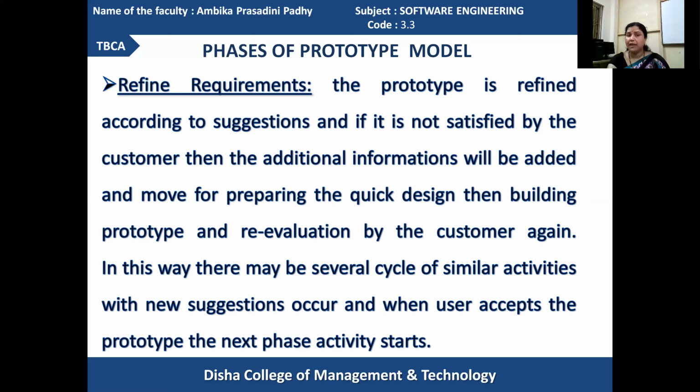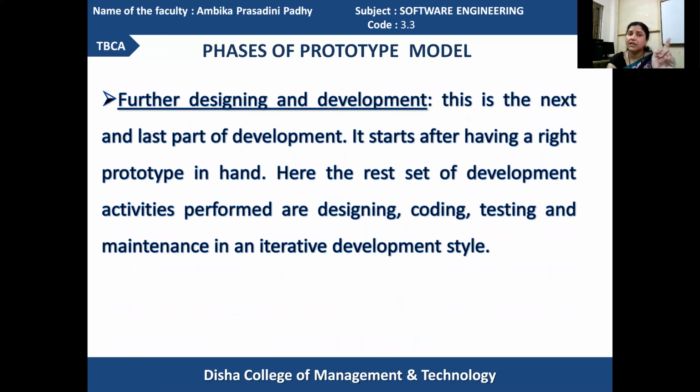So the refined requirements will lead to a quick design being prepared again, then the prototype is rebuilt. If the redeveloped prototype is confirmed by the customer at the acceptance part, it will go to the next phase of development. Otherwise, it will go back again as we have shown in the diagram. Got it? Then further designing